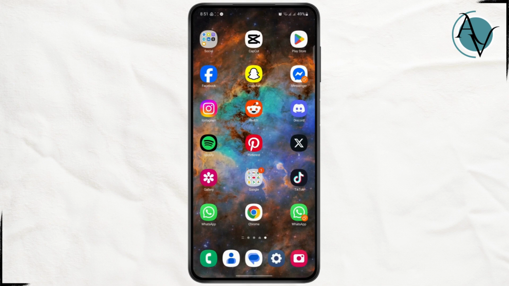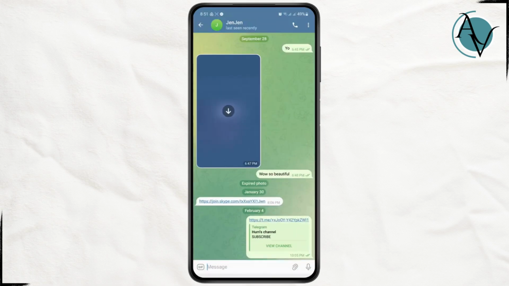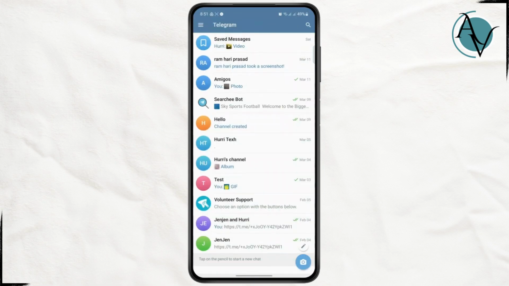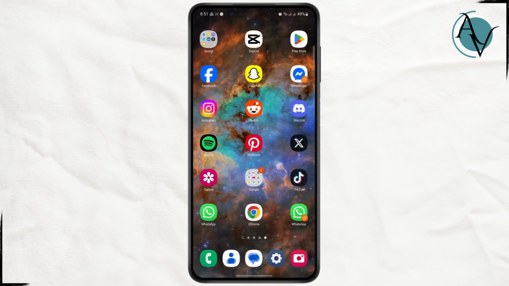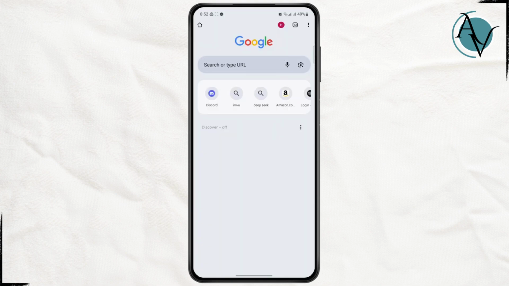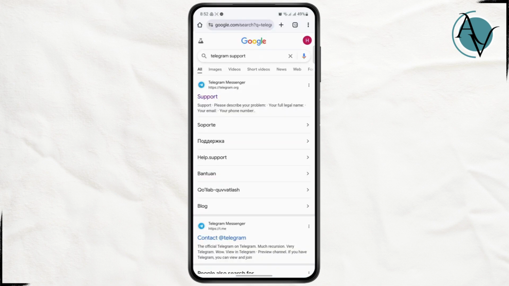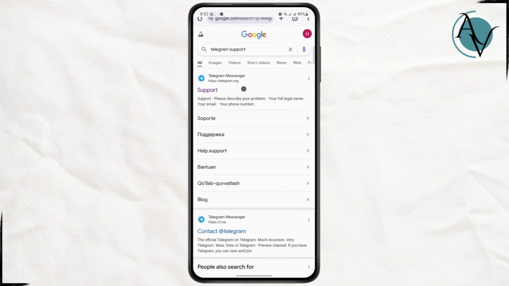First thing first, you're going to have to open up the Telegram app, and if you cannot see your deleted account, then in that case, you're going to have to contact Telegram support. In order to do that, open up any web browser on your phone. And now on the search bar, you're just going to go ahead and search for Telegram support. Once you do that, just click on this link right here, or you can just go ahead and type in this URL,